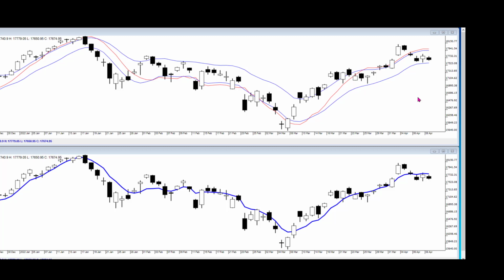Be what it may, it's not an easy market now because we have entered into a trading range. The range has boundaries with 17,800 on the upper end and 17,600 on the lower end. A breach of one of these boundaries should give us a strong trend. It could be on either side. Be mentally prepared for that.